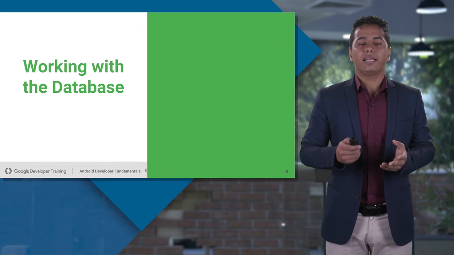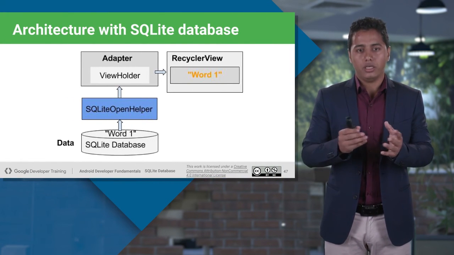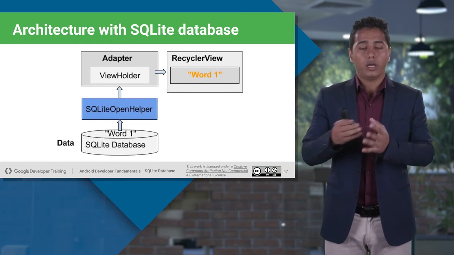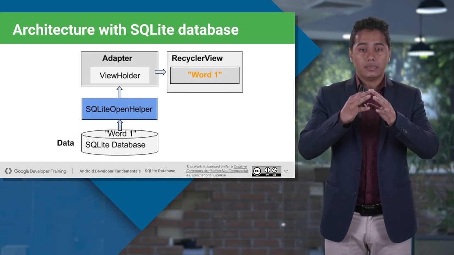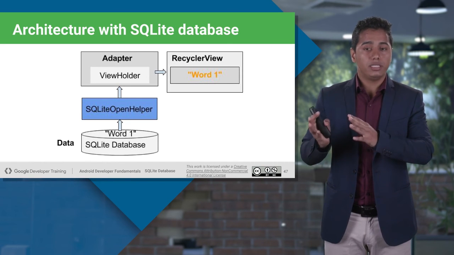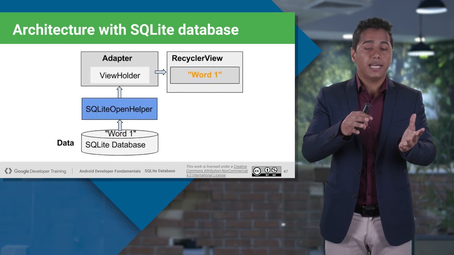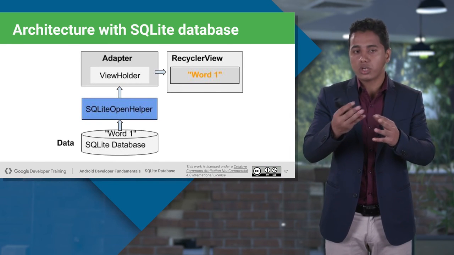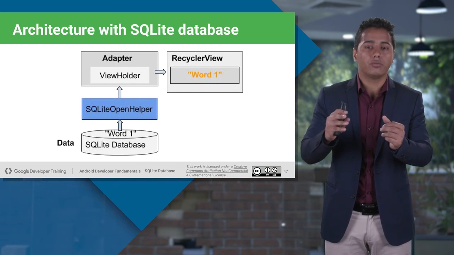Now let's take a look at the high-level architecture of the SQLite database. What goes under the hood? Let's say you want to populate the data into a recycler view from your SQLite database. How would you do that? There will be a recycler view, of course. And to update your recycler view, there will be an adapter class. We also know that. And inside that adapter, there will be a view holder to initialize each component just once. We already know that. These are the components of your recycler view.